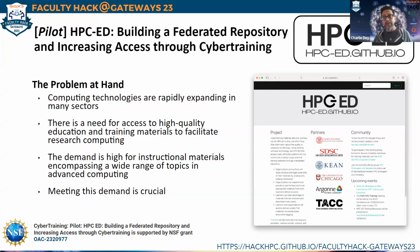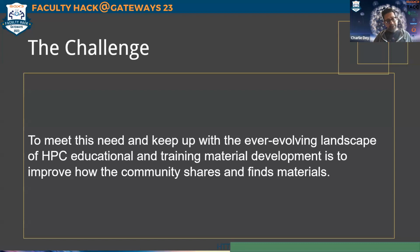So the idea behind HPC-ED was we got lots of hits. There's a need for all these people to access HPC training material, HPC education material that's going to help their research, help them do better science. That demand is incredibly high, and we've got to figure out a way of meeting that demand. That's what Susan came to me and asked me about, and so then I talked to